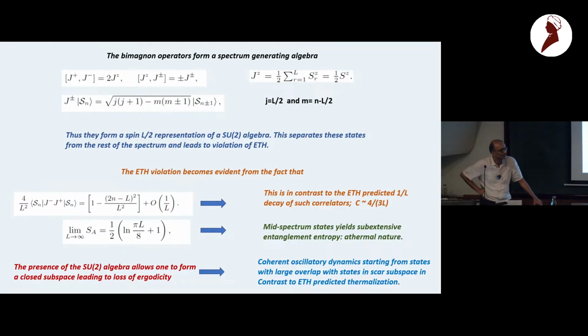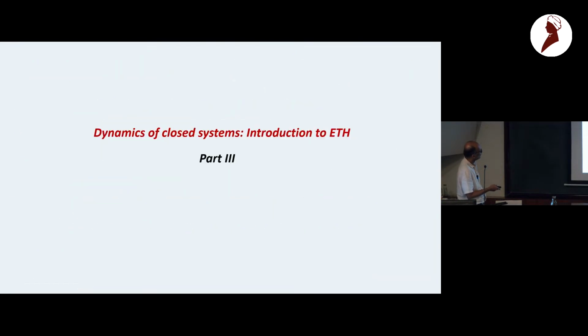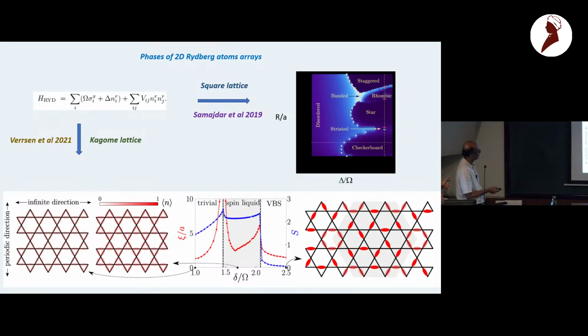To ask one question. You showed an example on the Ruby lattice for the Rydberg PXP model. You said there is a spin liquid phase. When we think of spin liquids, we typically think of some frustration where all the bonds cannot be satisfied and so on. So what is playing the role of frustration?